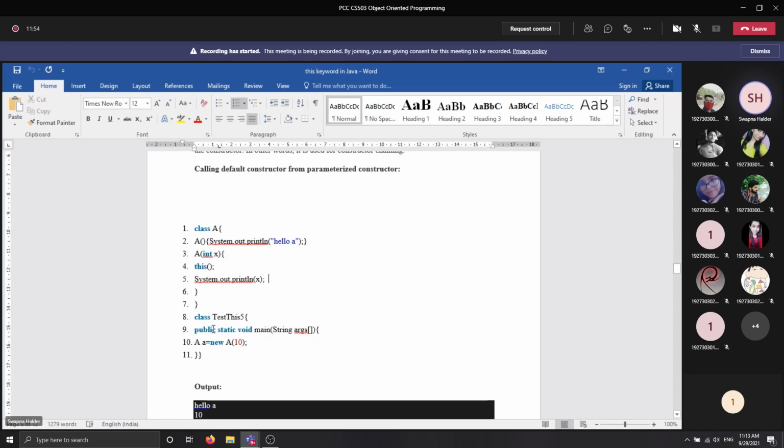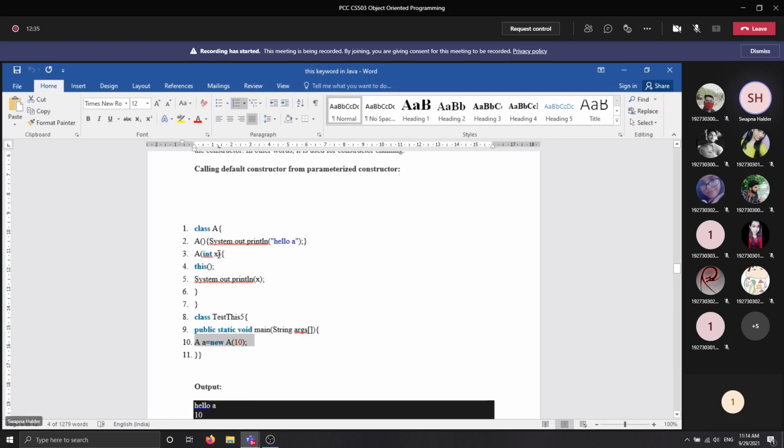Within the main method, I have created one object of class A, and then we are calling the parameterized constructor. Whether the constructor without parameter is called or not can be seen from the output. Whenever this line executes, which constructor will be called? The compiler will understand from the parameter passing that the parameterized constructor is called here. So the control will go to this particular line.